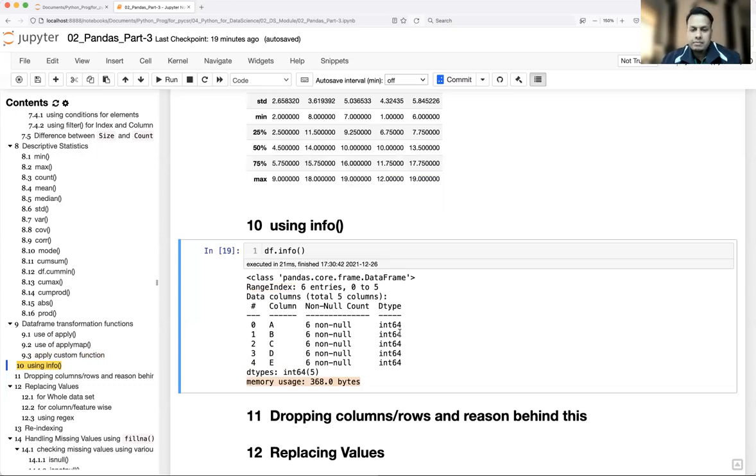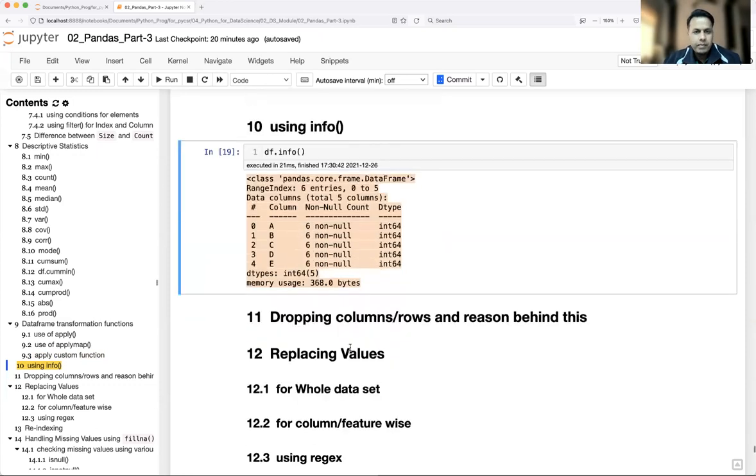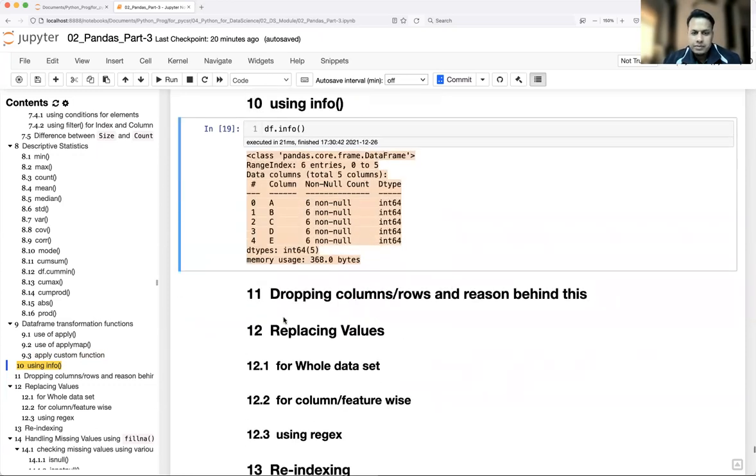Let's say I have a range of values between 1 and 255. Do we really need the int64 data type for each value? Of course not. So you can reformat, or do the typecasting, from int64 to int8, and you will see a significant reduction of memory. You guys should be very familiar with this function, and I'm going to show this in a case study also. Then you'll see how we can reduce the memory size from 1 GB to, let's say, 200 MB and do further analysis on the data. So that is about the info function.